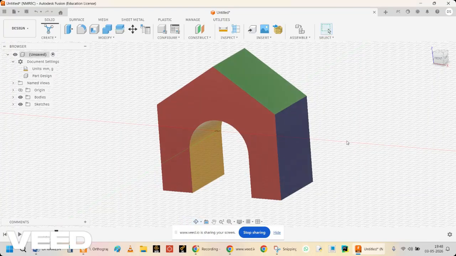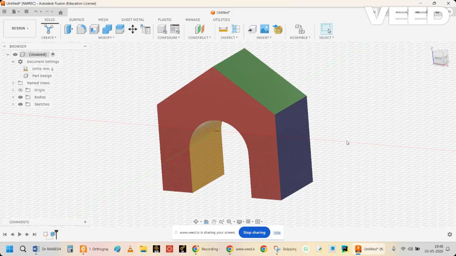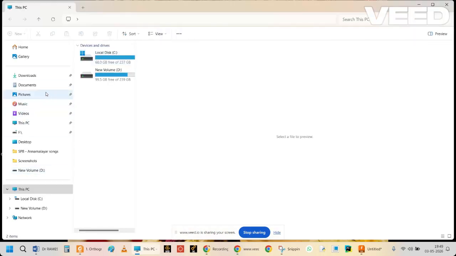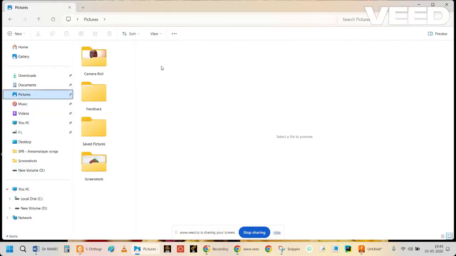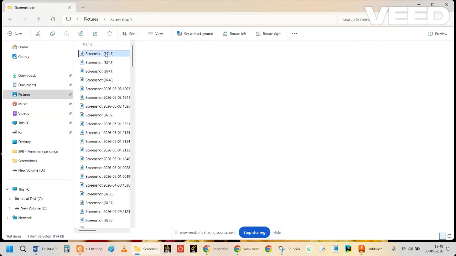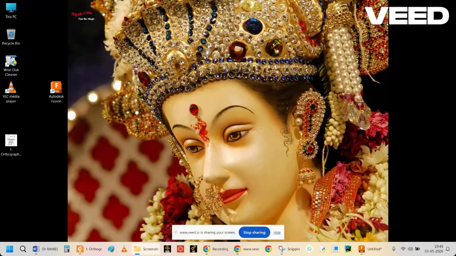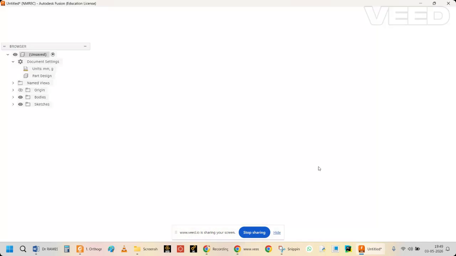Now this model, I just want to save as a screenshot or image file, a JPEG file. For that, on the keyboard, you can use the Windows button plus Print Screen. You can find it in My Computer or This PC. You can go inside. There will be an option called Pictures. In that, Screenshots will be there. In the Screenshots, the recent screenshot will show you the picture you have saved. Similarly, now again, I am changing the model into